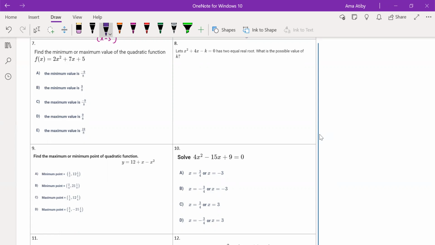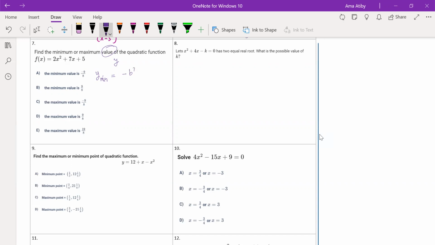So to find this one, the question asks the value, so it means it is the y. Because the coefficient of x squared is positive, this parabola opens upwards, and therefore it has a minimum value. So to find y minimum, we simply use the formula